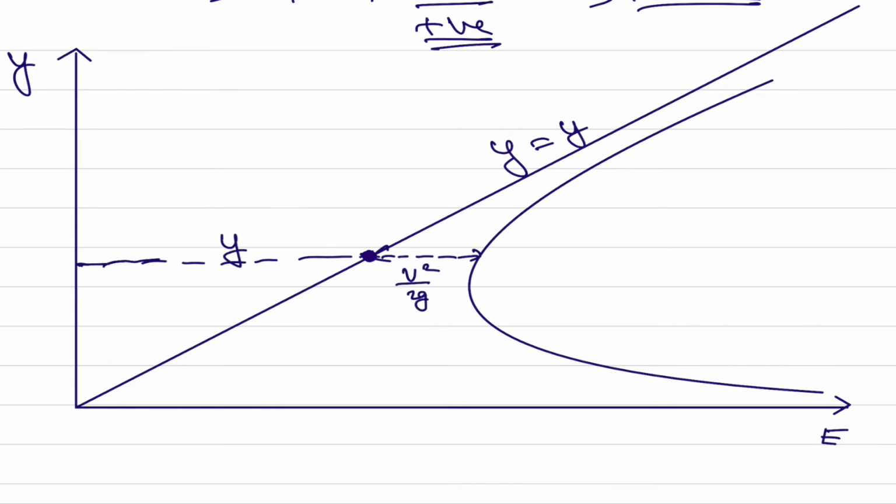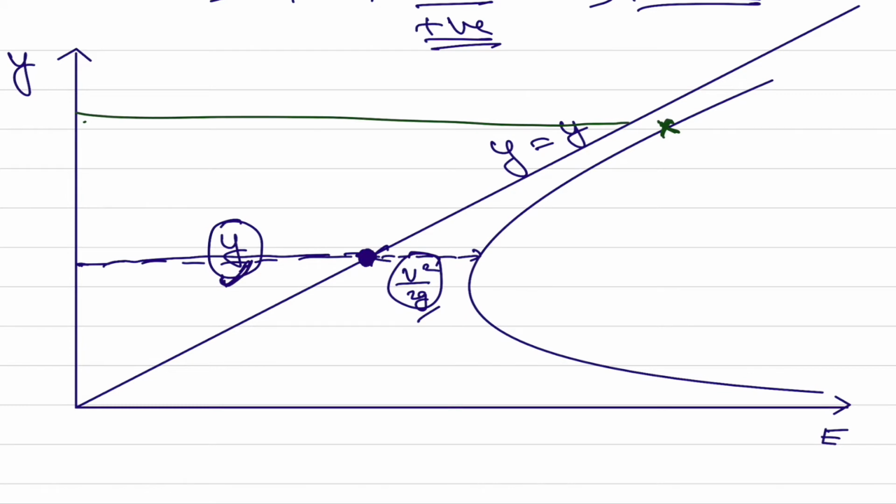So if this is the head associated, this is the line where Y is equal to Y basically, and this is the total value of specific energy, Y plus V square by 2G, out of which Y is coming by virtue of the depth of water at a given section and V square by 2G is the velocity head. Now when we move somewhere here on this curve, you can clearly see that the depth of water